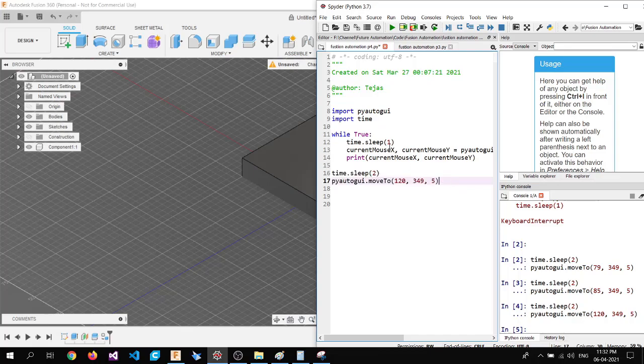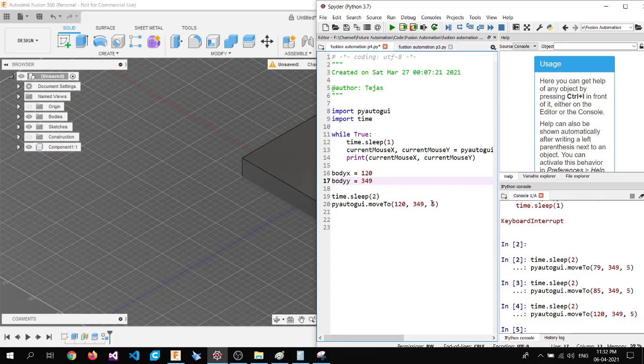Now what we can do is keep a fixed value of x for this first menu, that is body. So let's create a variable: body x equals 120, body y equals 349.